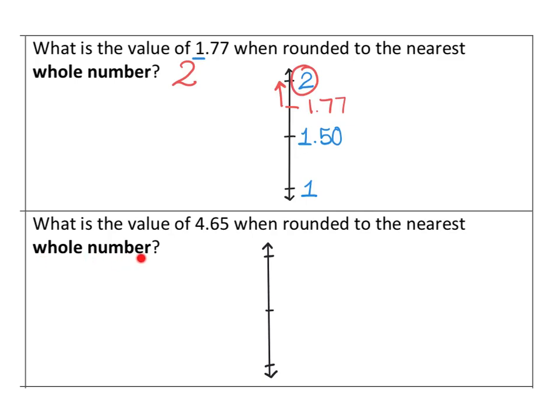Our whole number is 4. Hopefully you're seeing the pattern here. So we're either going to round down to 4 or up to, what is one whole number more than 4? 5. 5 is one more than 4. And in between 4 and 5 is